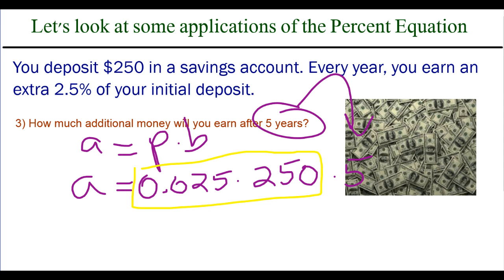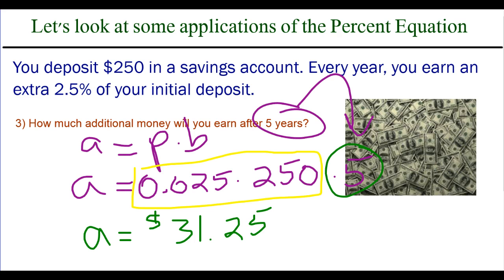That's our initial percent equation for 1 year, and since we're talking about 5 years, we can just multiply that product by 5 to get what would happen after 5 years. And $6.25 times 5 is $31.25 after 5 years. And so now we can imagine that this can happen over 3 years, 4 years, 10 years, 20 years, and if we know the number of years, we can find out how much money this savings